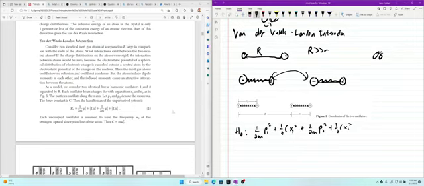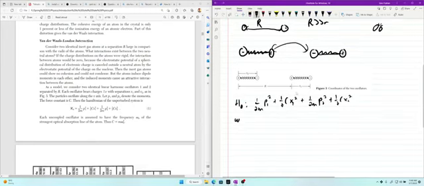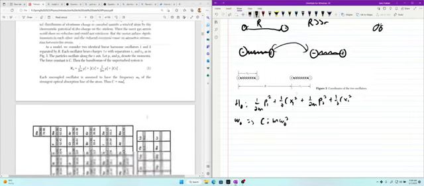Since they're uncoupled oscillators, we can assume a frequency of omega naught, and therefore C is equal to m omega naught squared. So this just looks like your general Hamiltonian for a linear harmonic oscillator. Okay,